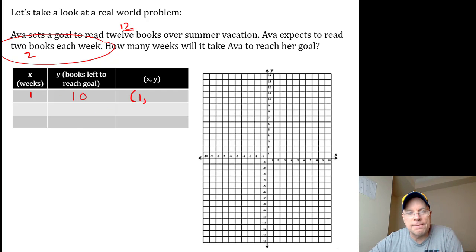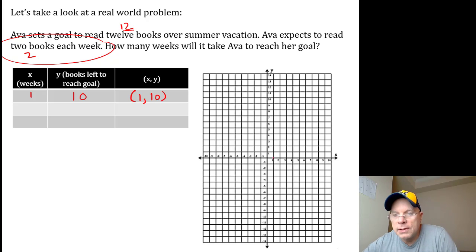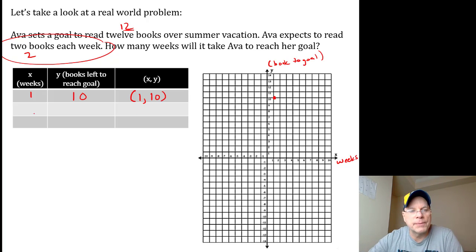So we can graph that, (1, 10). 1 to the right and up 10. If I have a real situation like this, I should label the x-axis weeks, the number of weeks she's been reading, and the y-axis books to goal, the number of books left to reach her goal. All right,